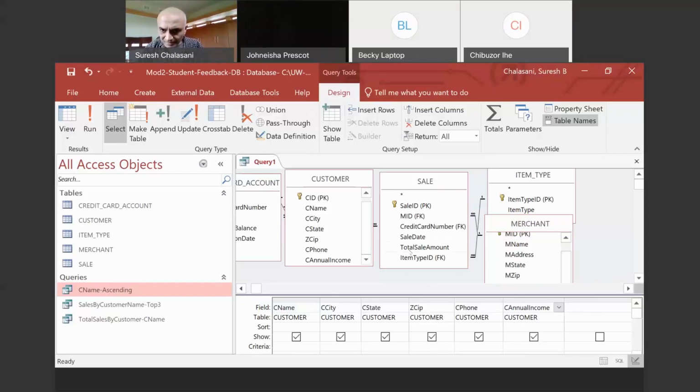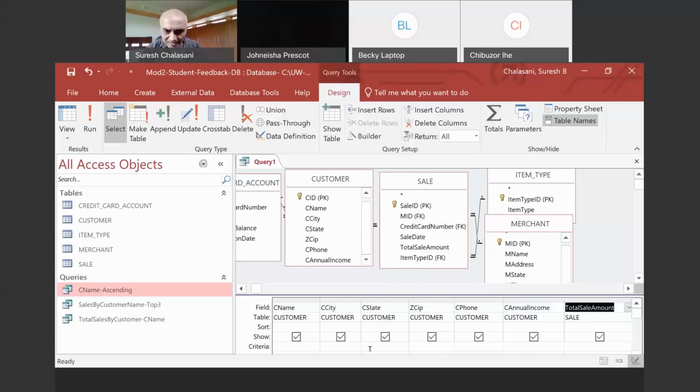I can't see that. You don't see the merchant table. Okay, let's say that we have the total sale amount, right? That is required. For the sale, we need the total sale amount.